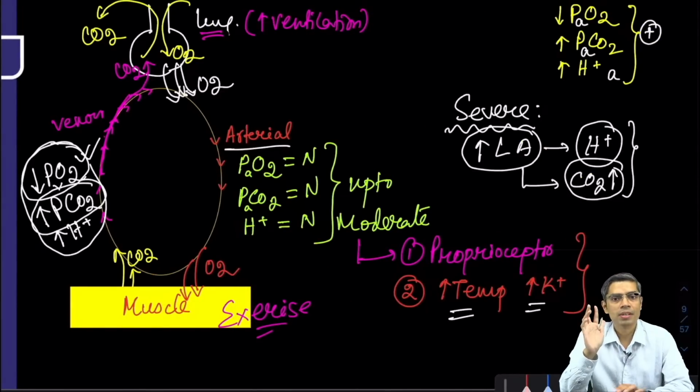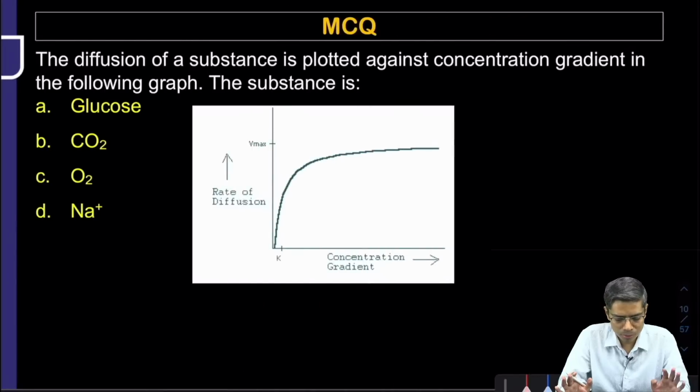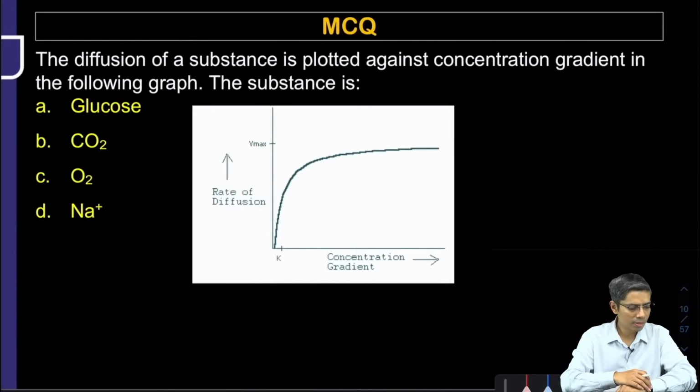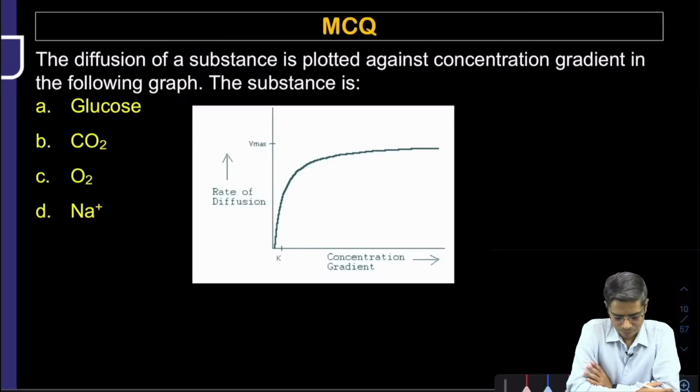Now, next question. So, this is all about exercise that you have to read from physiology, right? Okay. Now, we are moving on to the next question. It is a very simple question. Tell me the answer. I will move quickly from here. So, the diffusion of a substance is plotted against concentration gradient in the following graph. Okay? The substance is, very simple question. This kind of question has been asked every time, changing some parameter of the question, and it becomes a new question,